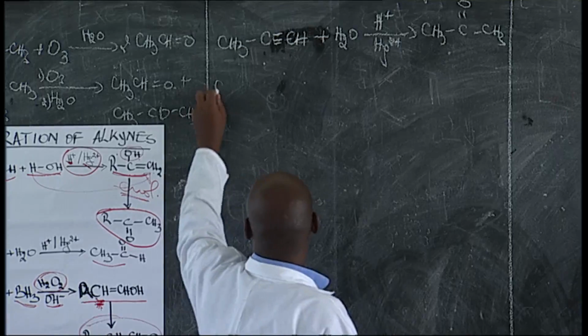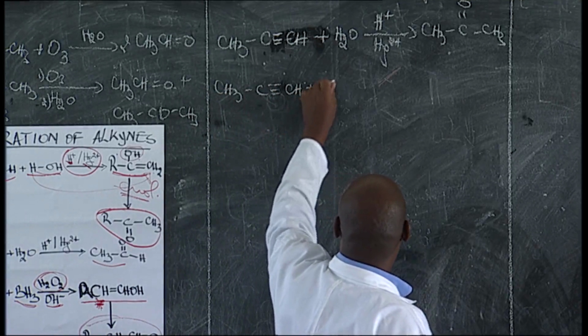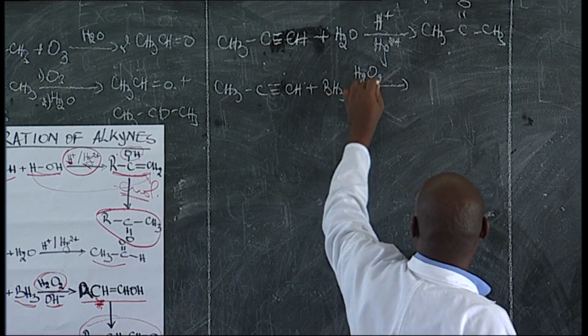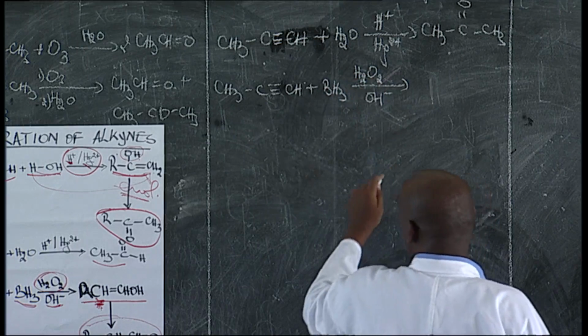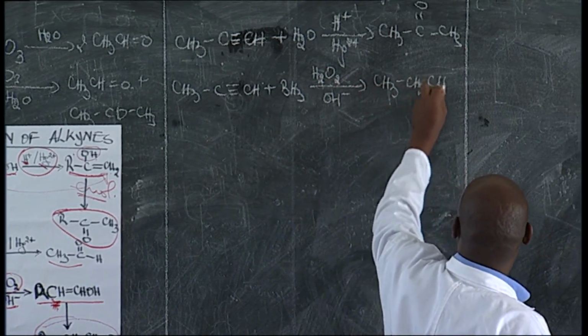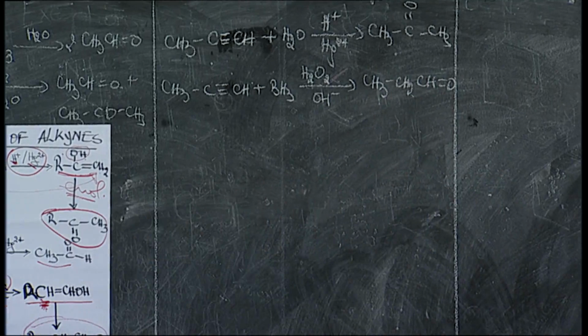And if we take CH3C≡CH plus BH3 borane in the presence of hydrogen peroxide, and in basic medium, what do we produce? We produce CH3CH2CHO, propanal. So that is what we get when we use the anti-Markovnikov way of preparing aldehydes and ketones. And those are not the only methods we can use to prepare these compounds, because we have